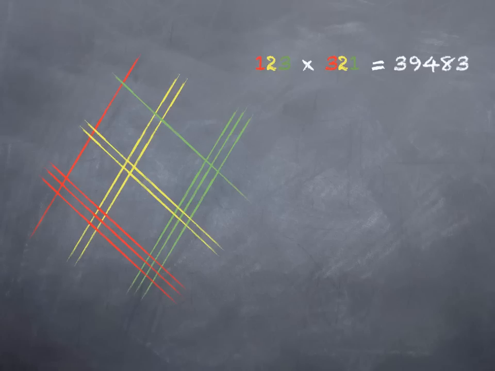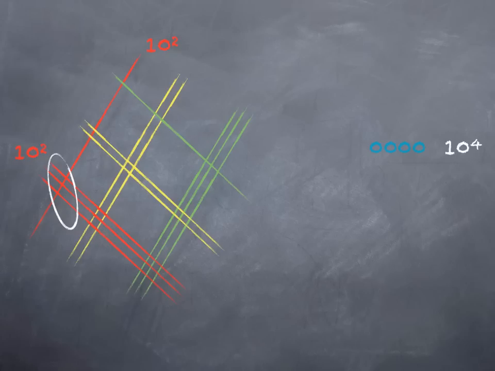If we want to simplify things a little bit for ourselves, we can take a look ahead of time at where our intersections are going to leave us, and we can write out some placeholder zeros. For example, these are hundreds times hundreds, or 10 squared times 10 squared. That multiplication is going to leave me with 4 trailing zeros, because 10 squared times 10 squared gives me 10 to the 4th. So that 3 I get when I count up the intersection tells me I really have 3